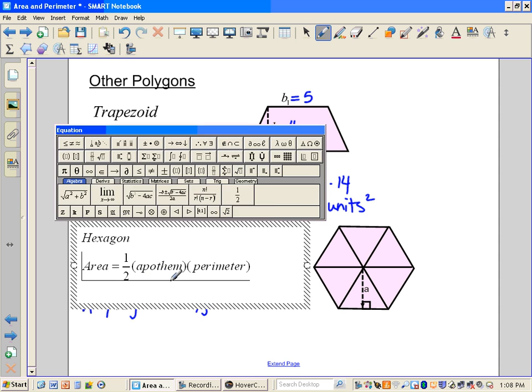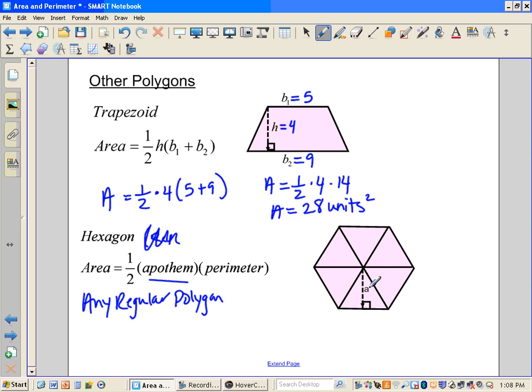The apothem that's listed here is this length right here, from the very center of your polygon to a side, and again, just like the other examples, it has to be perpendicular, it has to make a right angle. So let's say that our apothem in this case was 7,